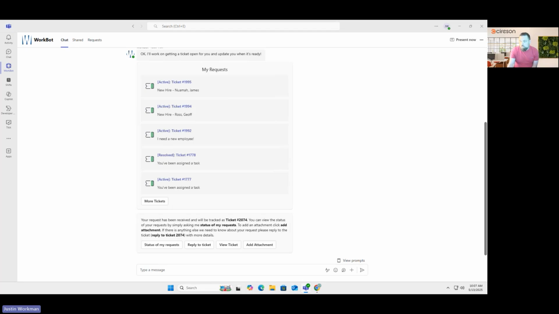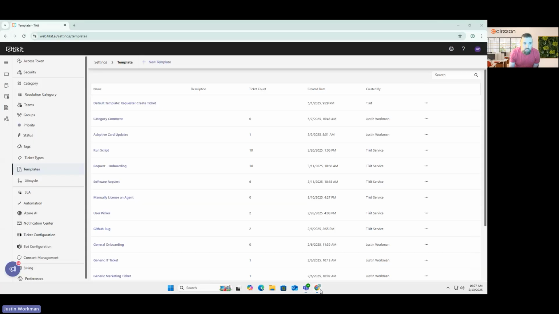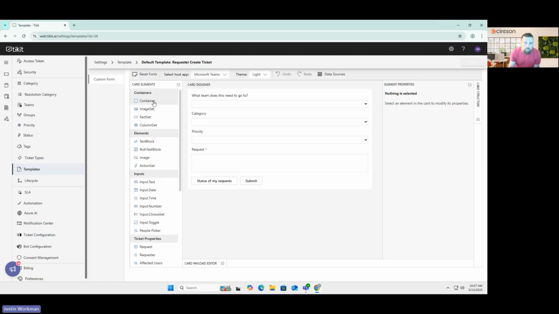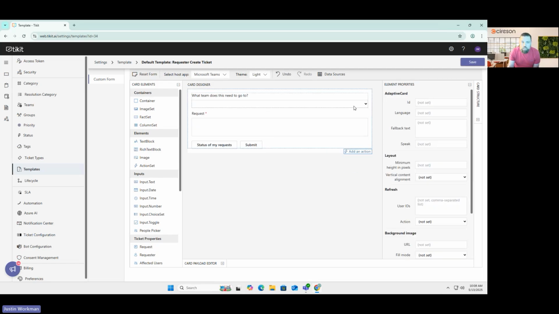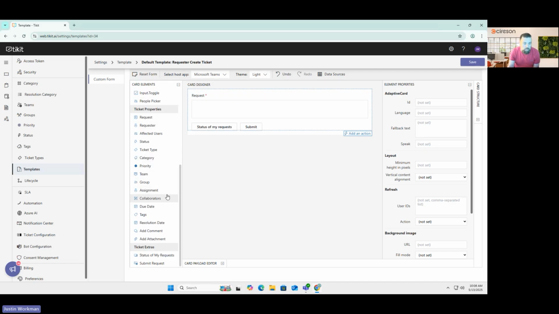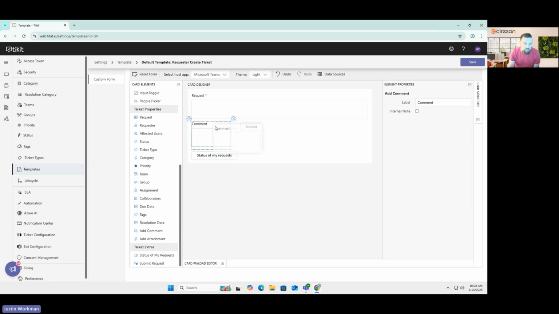And another quick note on that is we wanted that to be aligned with the email experience. So for those that are using the email connector, you know that the subject becomes the request. I'm actually going to customize this to show that. The subject of an email becomes the request, but also the body of the email becomes a first comment. And so we can actually